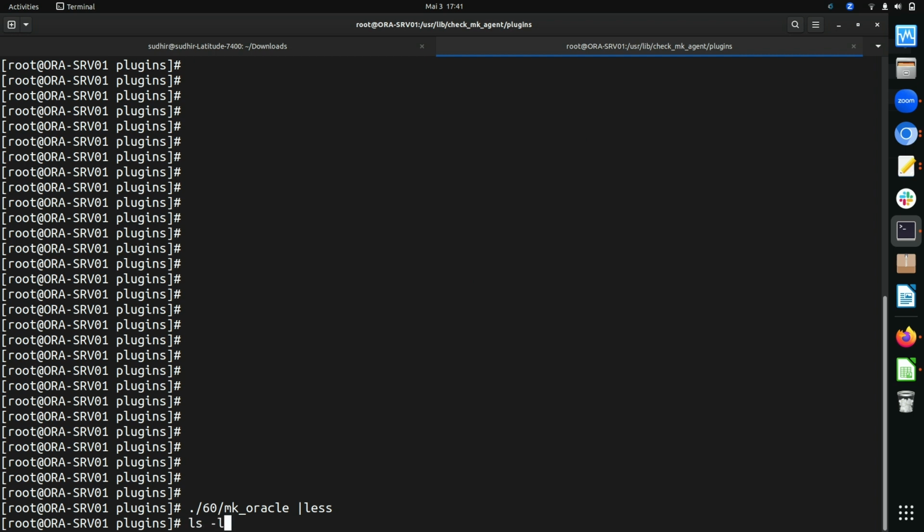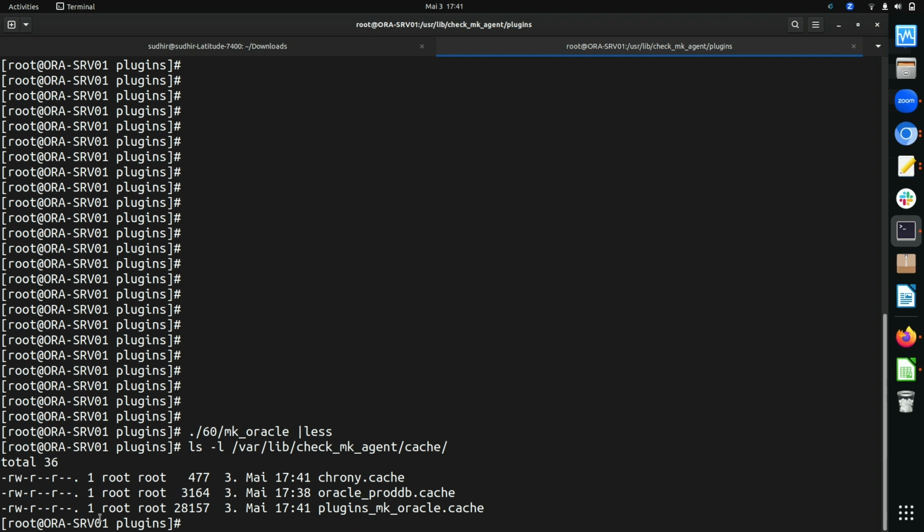We can also have a look at the cache file. It will be generated under the var lib checkmk agent cache folder. There will be two files generated when you use systemd, because you run the plugin with the 60 minutes interval, and on top of that, you also run some async sections.